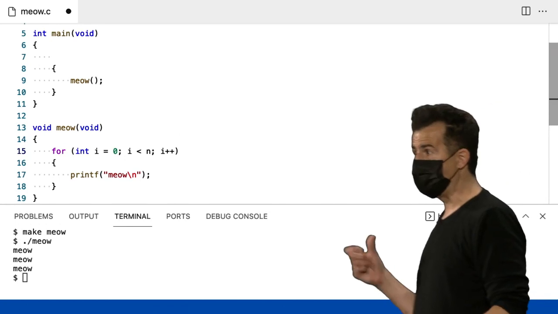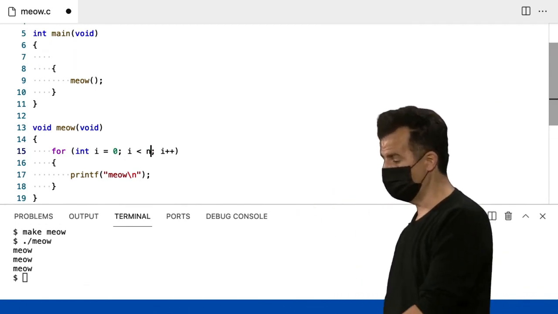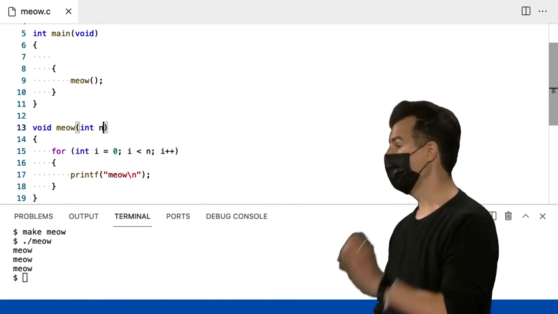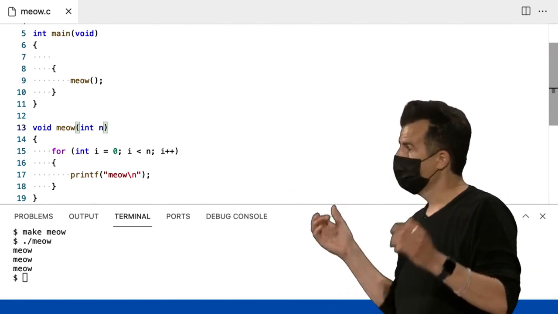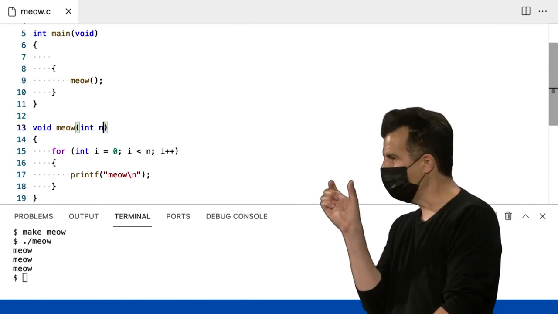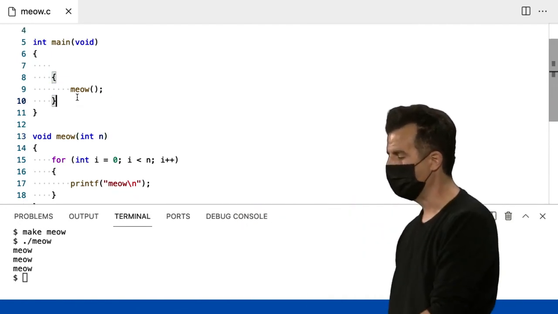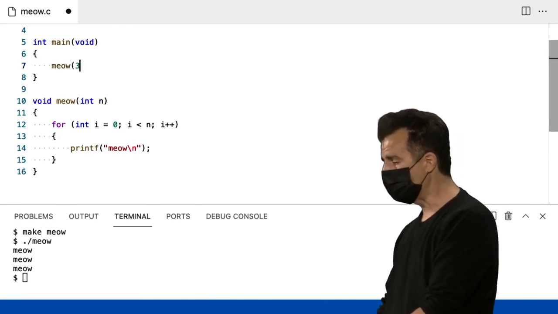Well, just like in Scratch, custom functions can take inputs. I just presently am saying void. But if I change this to int n, thereby telling the compiler, hey, meow still doesn't return something, but it does take something as input. It takes an integer, and I want to call it n. So this is another way of declaring a variable, but a way of declaring a variable that gets handed into the function as input. So now if I tighten up main here, now I can actually do something really cool,